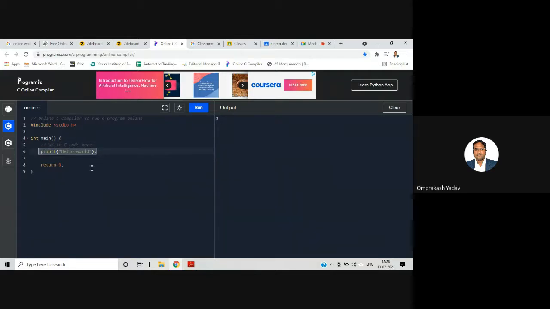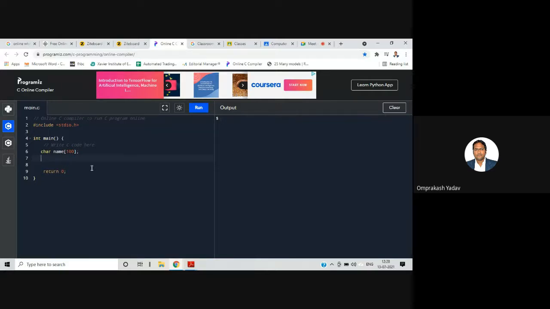Here I'll declare char name, and let me take 100 spaces because many people have big names, especially South Indian names. If you see the name, it will be very big, so it will definitely take more than 50 characters.